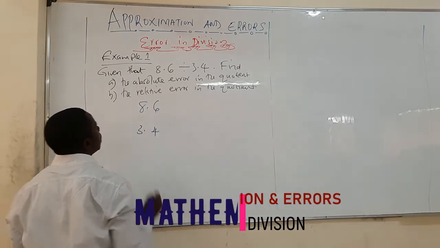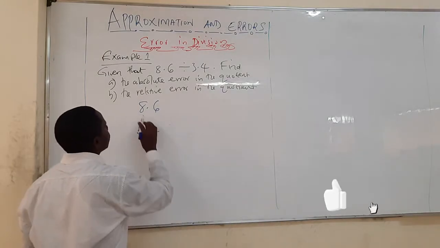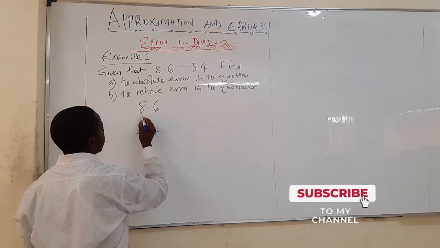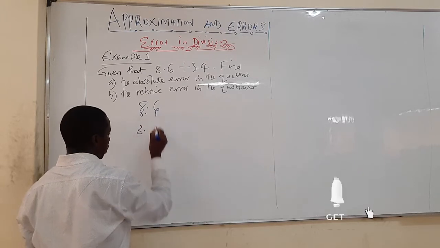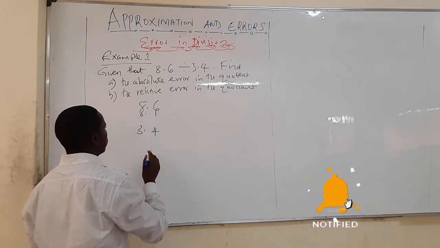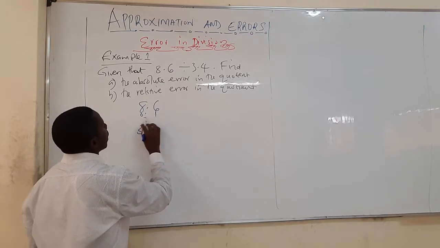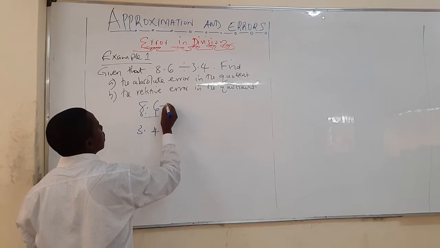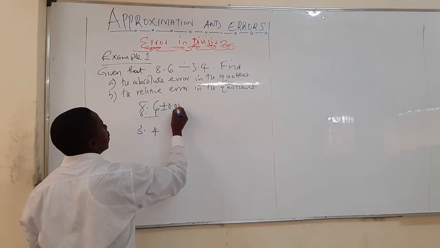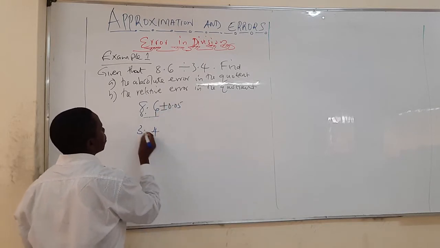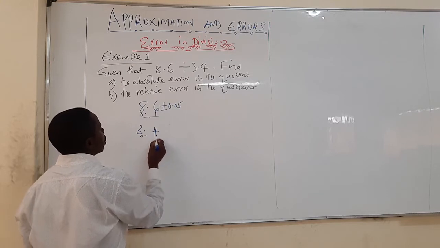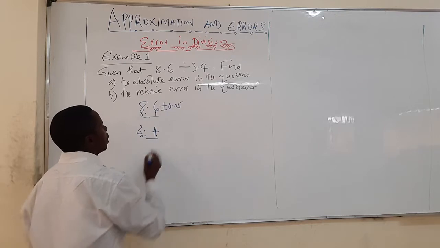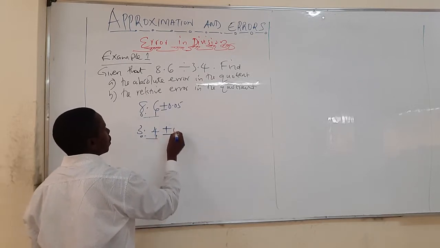We get their limits. For the 8.6, of course, the least value here is 0.1. The absolute error for that will be half of 0.1, we get 0.05, so this is plus or minus 0.05. The same case applies to 3.4. The least measure here is 0.1, then the absolute error is half of that, we get 0.05, so it is plus or minus